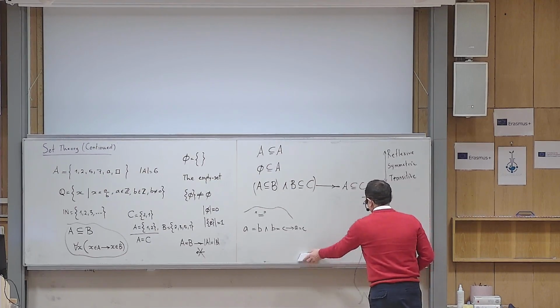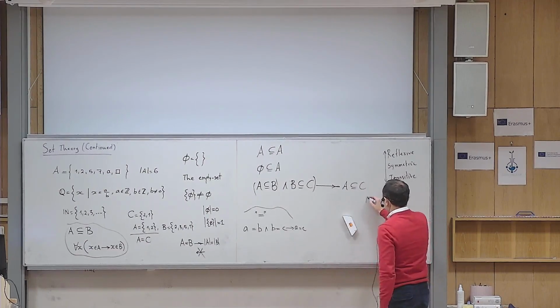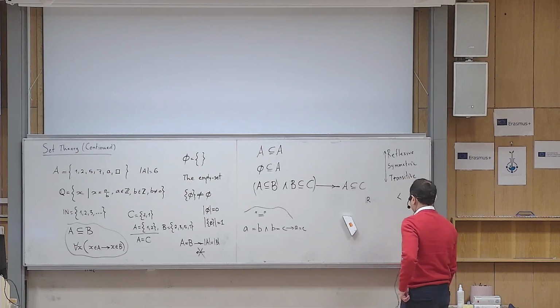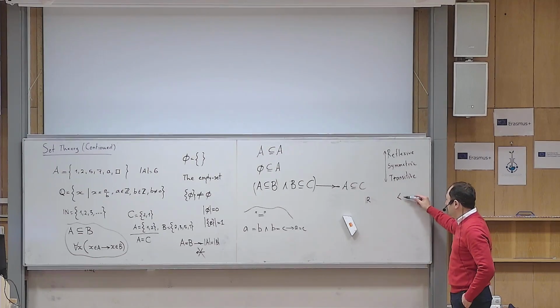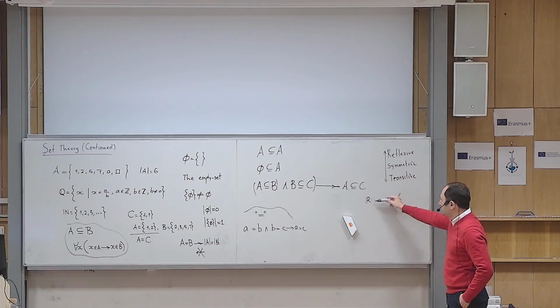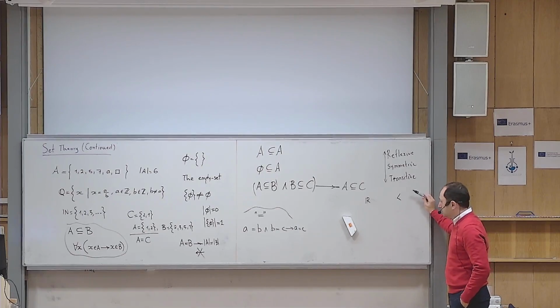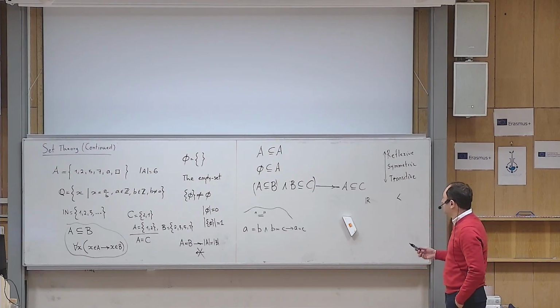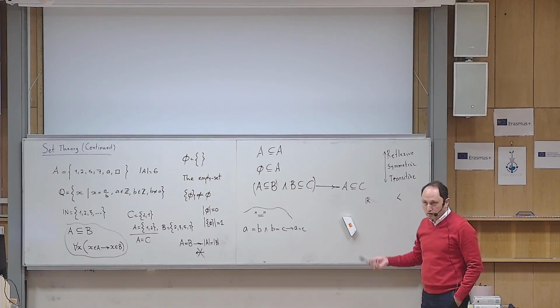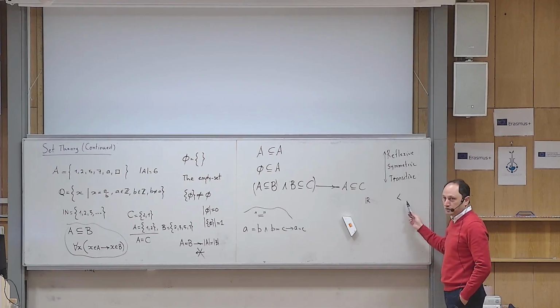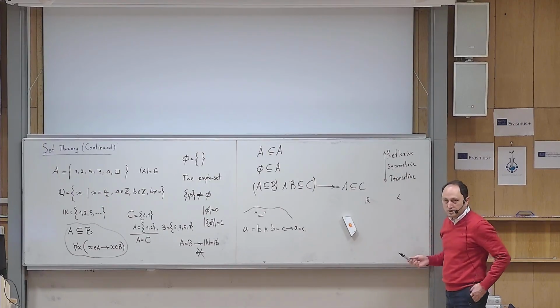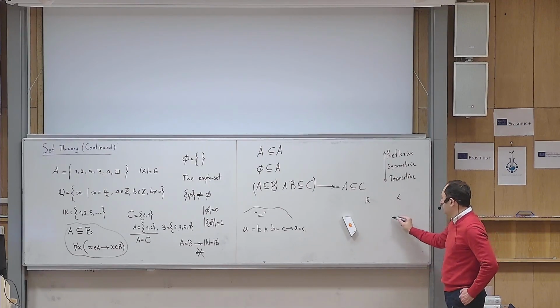Okay, now let us consider the set R. And the relation I want to define is less than. Do you think that this less than relation on the set of real numbers is reflexive? No, because to be reflexive, it means every number should be less than itself, which is not correct. Is it symmetric? It's also not, because 1 is less than 2, but 2 is not less than 1. Is it transitive? It is, because if A is less than B and B is less than C, then A